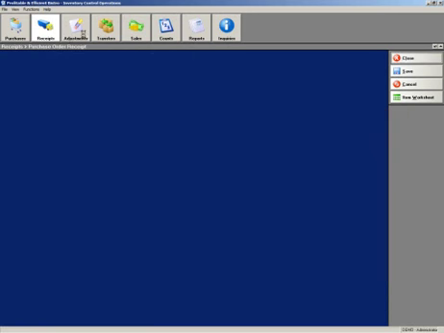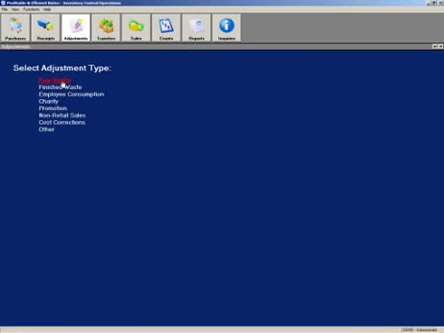I'm going to close that and go to adjustments. There's all different kinds of adjustments you can make. You can do raw waste, finished waste, employee consumption, charity promotion, non-retail sales, cost corrections, and other. So we can do all these different kinds of adjustments. Transfers lets us transfer product in and out of our store to a store that we might have down the street. Stock center transfers is basically designed so that we can transfer within our own organization to a separate profit